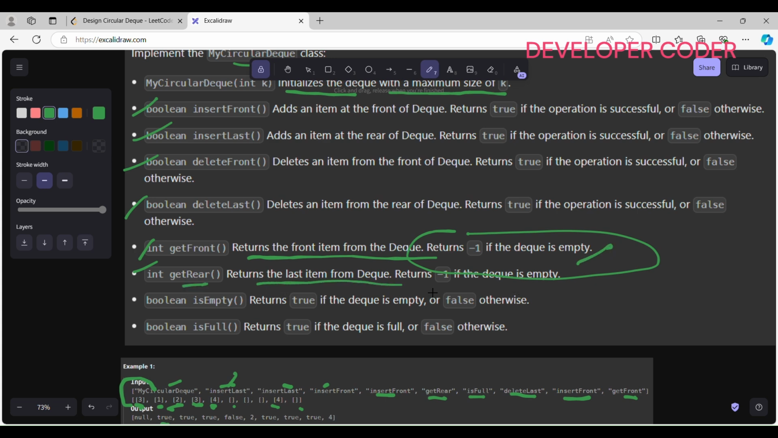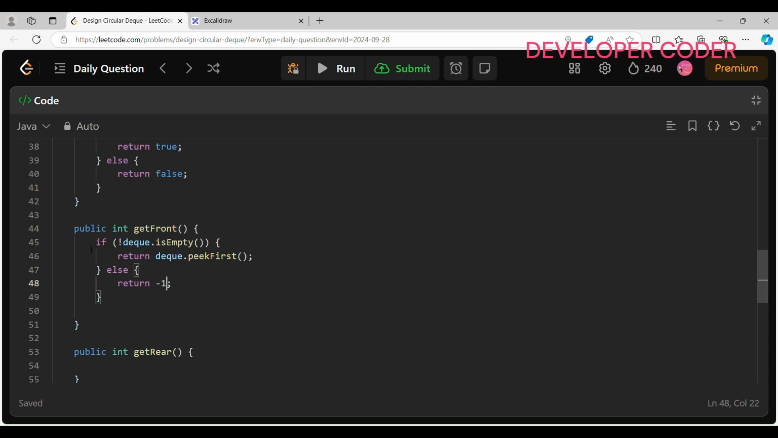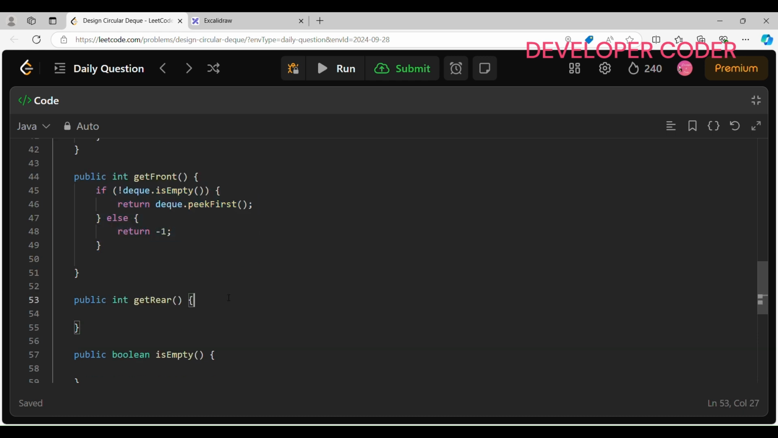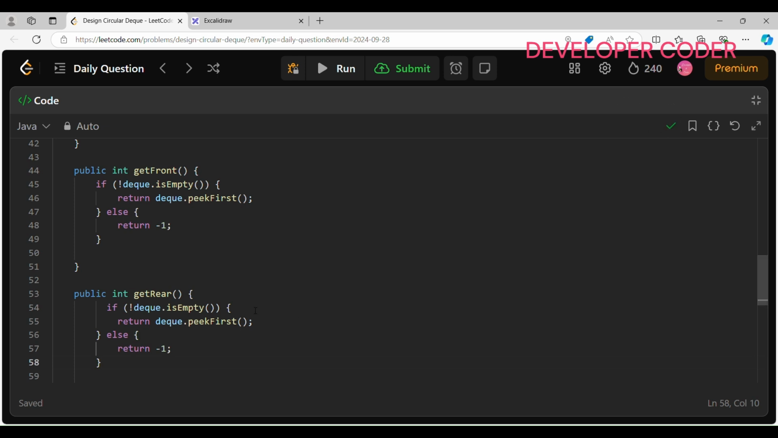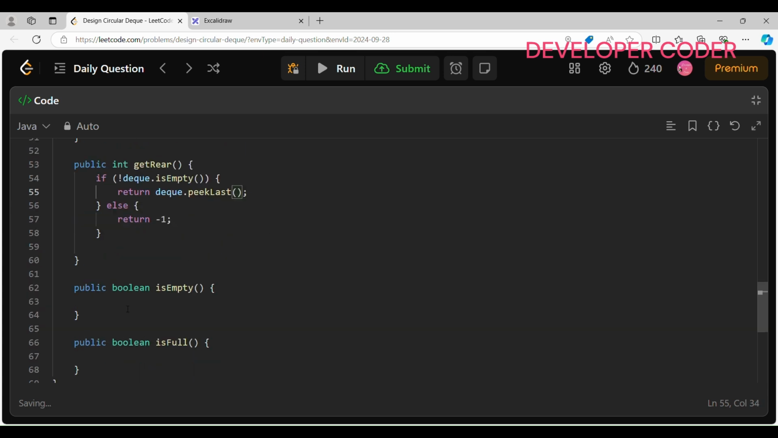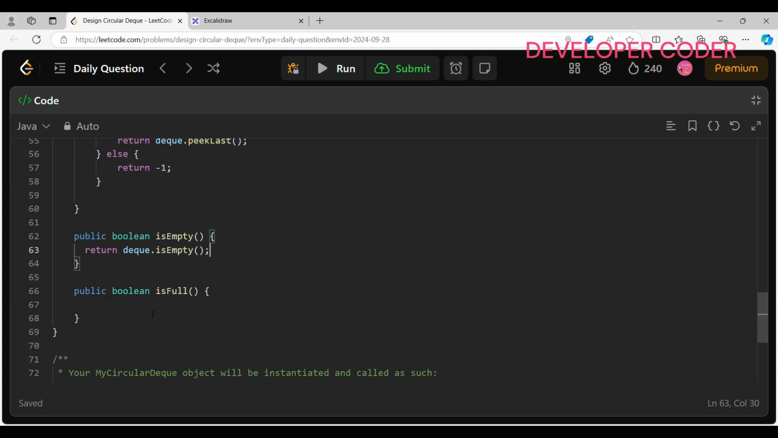Okay, now getRear returns the last element from the deque, returns -1 if the deque is empty. So just copy this, paste it here, format it. deque.peekFirst, instead of peekFirst let's write peekLast. Okay, this is done. Then check if it is empty. So here just return deque.isEmpty. And isFull we need to check. So here just simply return deque.size